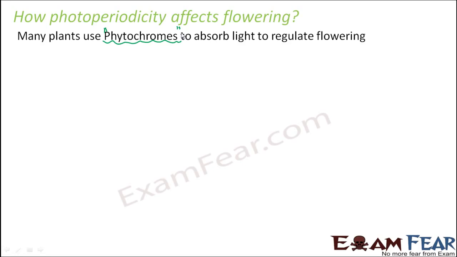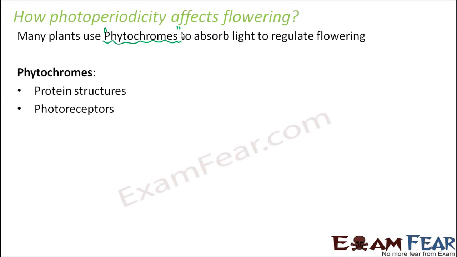So now these complexes, if you look at their structures, they are protein structures. Now you know, right, proteins exist in so many forms. So these are also complex protein structures. They exist in two forms. And they are the photoreceptors. Photo, that is light. Receptor, somebody who is receiving light. So these structures receive light.